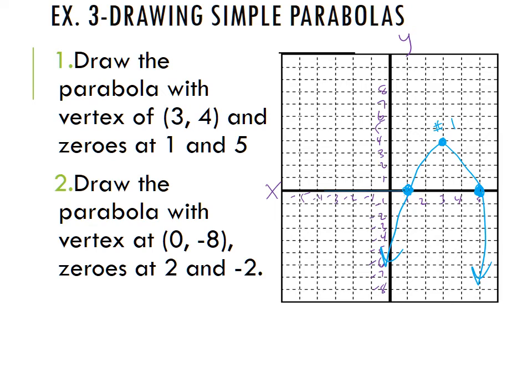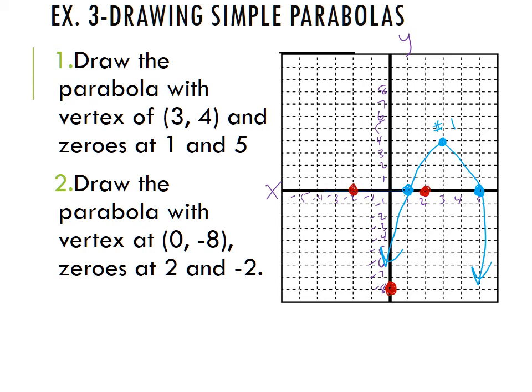Number 2, draw the parabola with vertex 0, -8. Zeros at 2, -2. So vertex, start there, 0, -8. So 0 on the x, -8 on the y. So that's all the way down here. Zeros is another word for x-intercepts. 2,